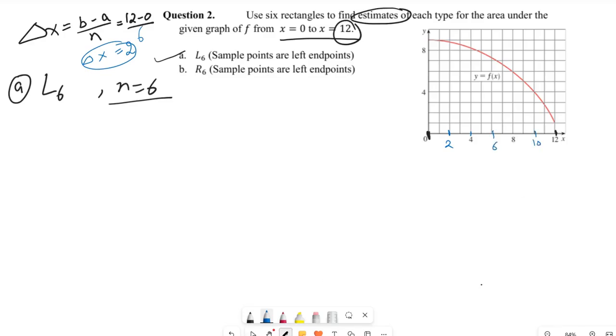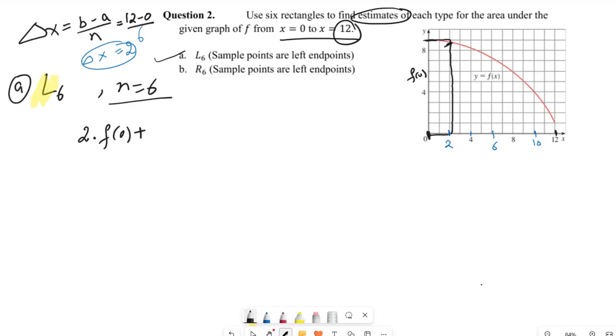Now L stands for left. There's no direct way of finding the area under the curve, so we're going to divide this area into rectangles. We are starting from the left, so this is the first endpoint. I find the height, the function's value here, and draw the rectangle with the width of delta x, which is 2, and the height of f of 0. So the area of the first rectangle would be 2 times f of 0,